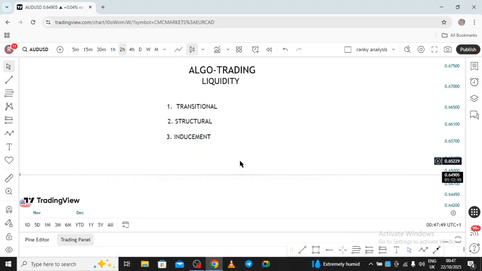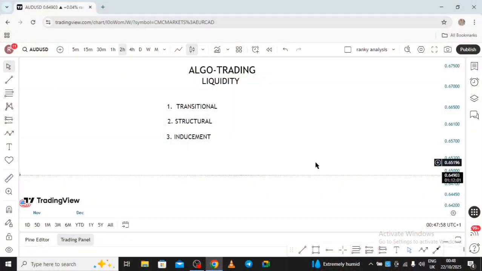So in the market, liquidity simply means money, where money is being placed in our trading. There are basically three types of liquidity which I wrote on my chart here. We have the transitional liquidity, we have the structural liquidity, and we have the inducement liquidity. So I'll be discussing these types of liquidity. Then for transitional liquidity,